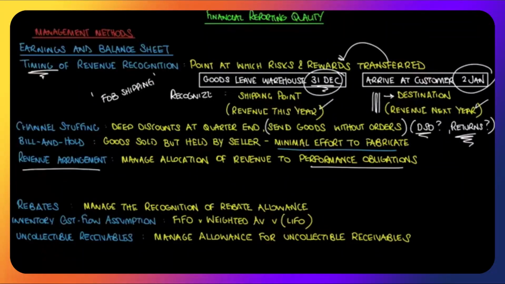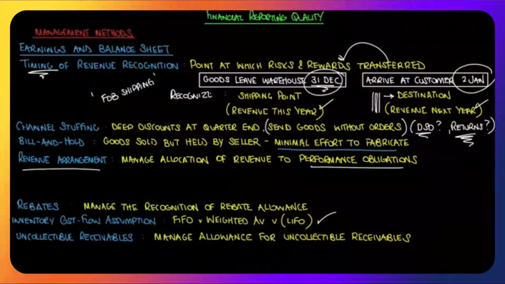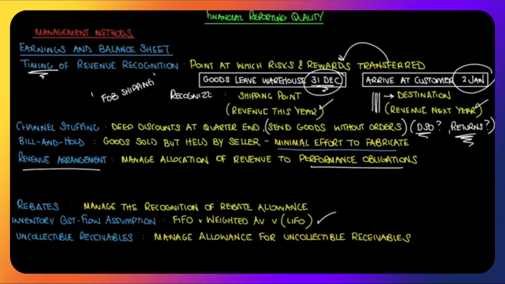Rebates. If you have a history and a policy of giving rebates, you can manage the recognition of that rebate allowance. Maybe it's typically 5%. You're having a rough year, you bring it down to 4%, you bring it down to 3%. If you've read the inventories module, you know all about FIFO versus weighted average versus LIFO and the difference it makes to margins and so on. Won't cover it again because you've seen it or you're going to see it in there. You could change your cost flow assumption for inventory if you wanted to manage your earnings. And uncollectibles. If customers owe you $15 million, you're unlikely to collect all $15 million. You will have an allowance